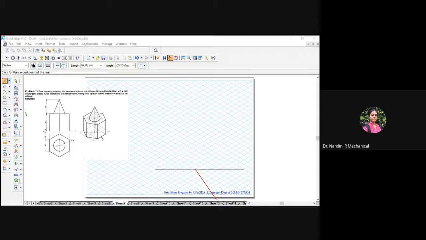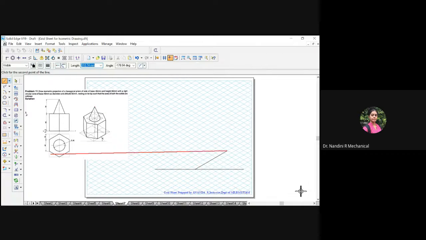So divide that by 0.8164, and you will get the count. So you have to measure exactly 8 units. So from here I'll measure 8 units. 1, 2, 3, 4, 5, 6, 7 and 8. And then come back.